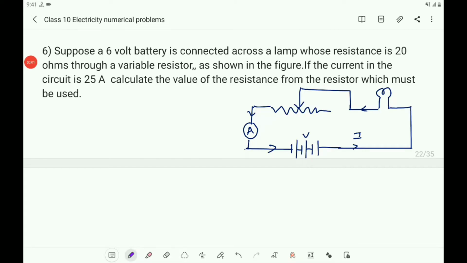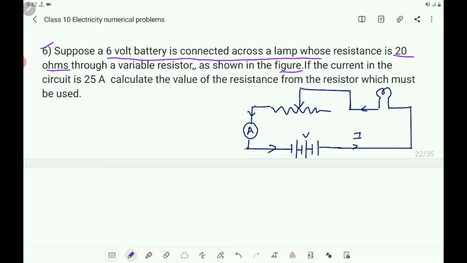Dear children, this is the next part of the numerical problems based on the combination of resistors, that is the series connection, parallel connection and mixed connection. Now let us take the sixth question. What is the sixth question? Suppose a 6-volt battery is connected across a lamp whose resistance is 20 ohms through a variable resistor as shown